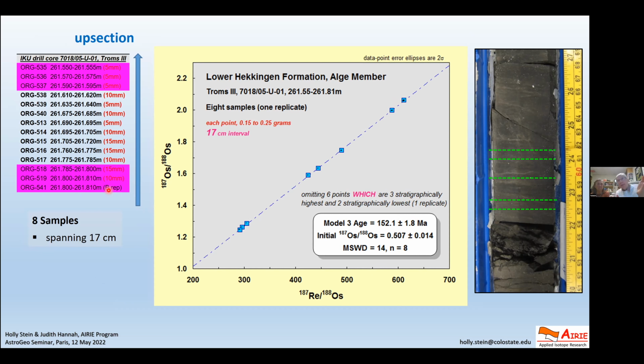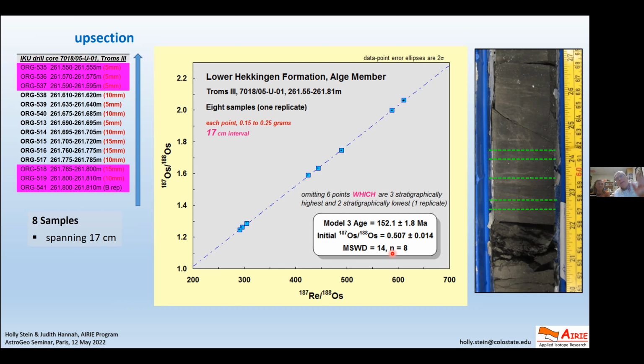And you show these 3 ages and say, because those are the most scattered and they seem to be at the bottom and top of the core, which means there might have been some variation in the initial osmium ratio. And then we can look at the center part of the core here and get a much better age with an improved uncertainty and much improved, what was it, 126 at the beginning, much improved mean square weighted deviates. But that's the kind of exercise that you perform going from the geology to the geochemistry and looking at those.